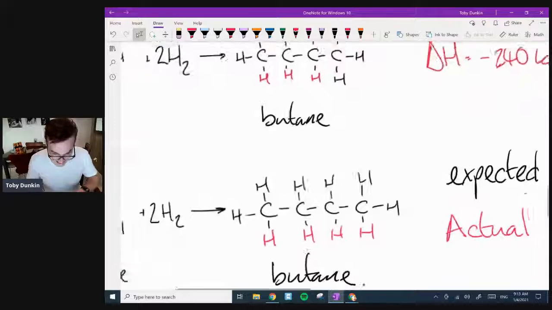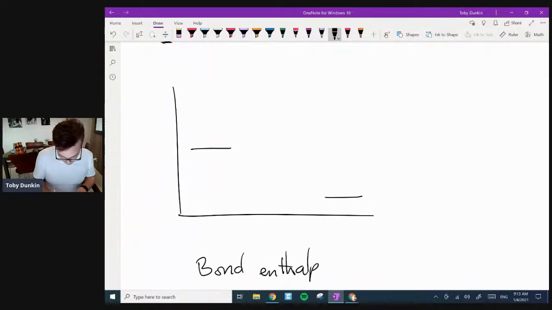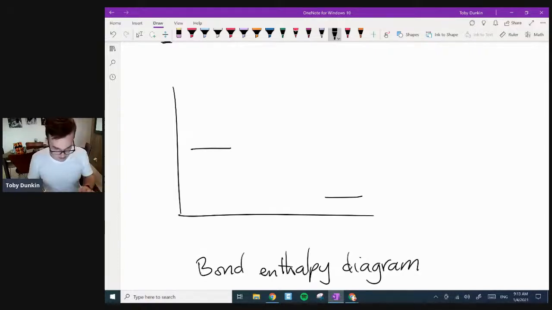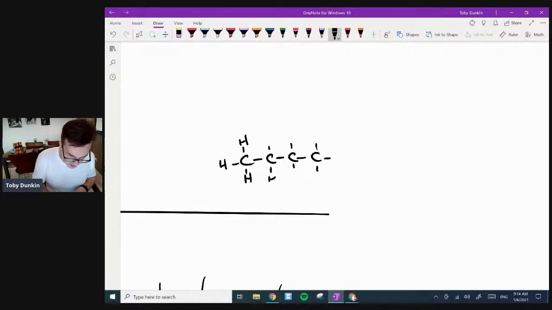So we know that the bond enthalpies, this is a bond enthalpy diagram, by the way. What this is showing is the strength of the bonds in the compounds. So down here is butane. And we know that the butane bonds are strong. Yeah, they're stronger than the originals. Students often get that really confused. They think, but it's gone lower. And I get that. I totally understand that, folks. This is actually one of those tricky things.